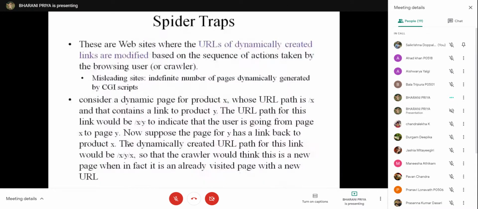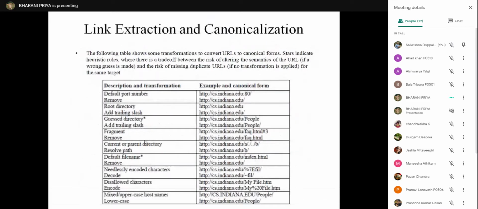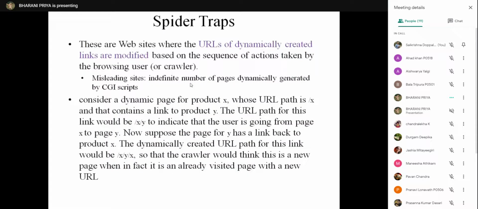Right. Spider traps. I think everyone knows this. What are spider traps? Anyone? Spider traps are nothing but